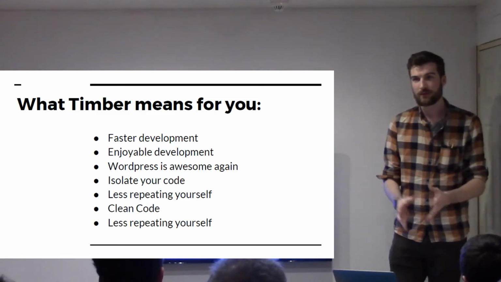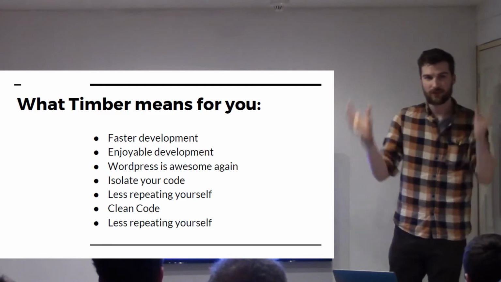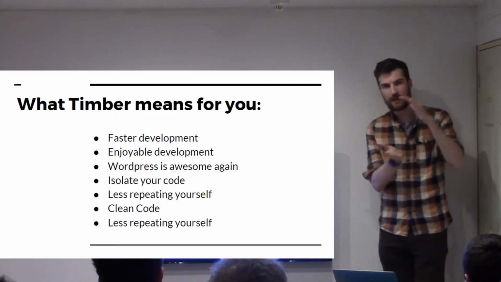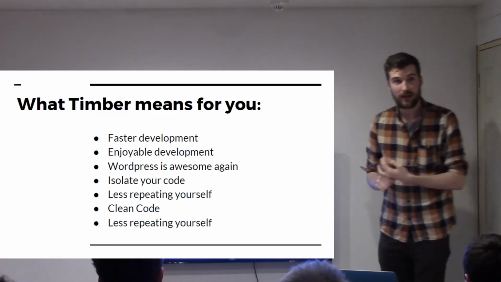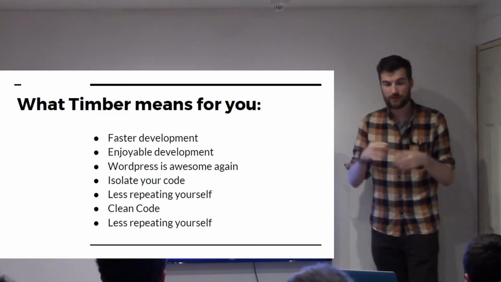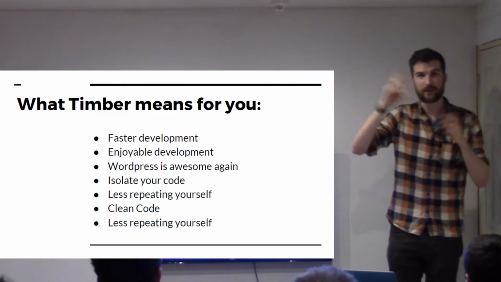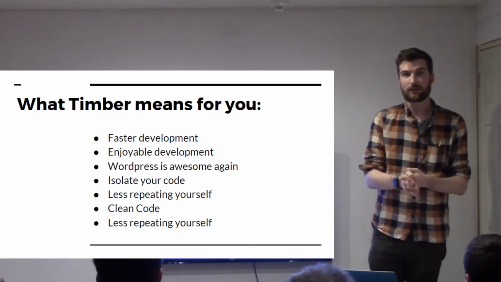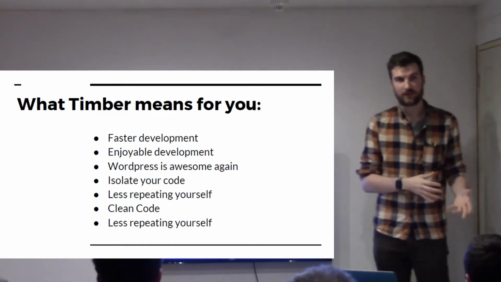You're isolating your code. You're making it safer, so it's easier to bug fix. Just like when you split up your SaaS into multiple parts, you're splitting all your code into multiple parts. It's easy just to take it in piecemeal and take it bit by bit. So you're repeating yourself less, because you're saying something once, and you know that is the single source of truth, and if a bug appears in it, you can fix it really easily, because it only appears once. You're writing cleaner code, because there's less gumph. Like if you look at the markup for any of the sites I've built,